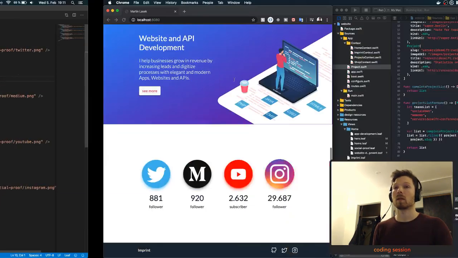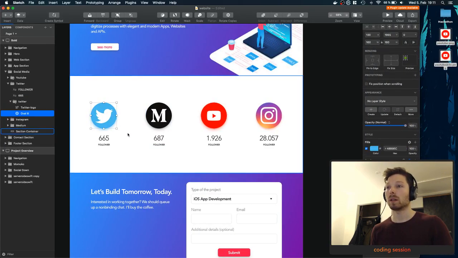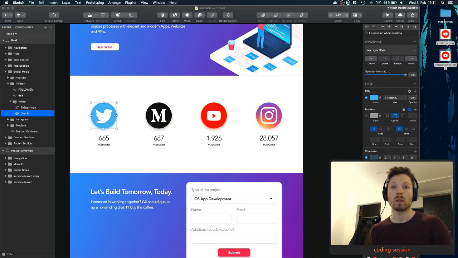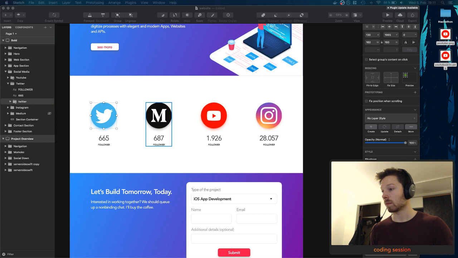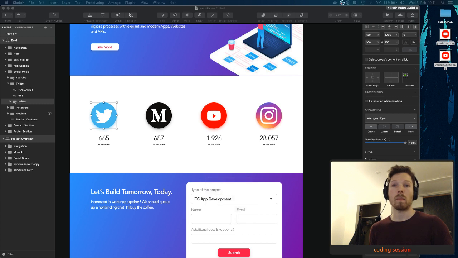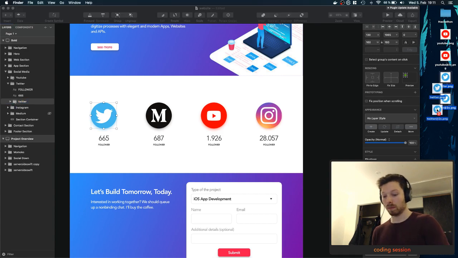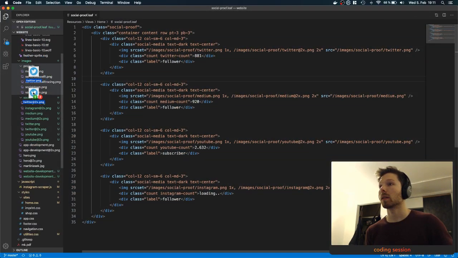Replace. Let's see the glow right now. That's better. I think Twitter has still a little bit of glow. Can reduce that to, let's say 50. To the desktop. And social proof.